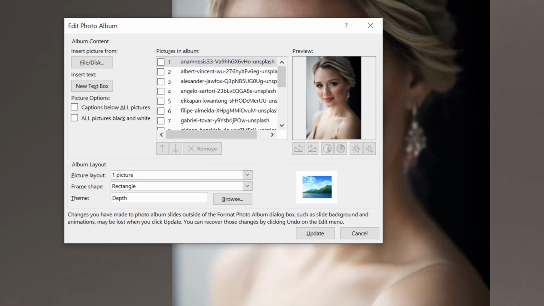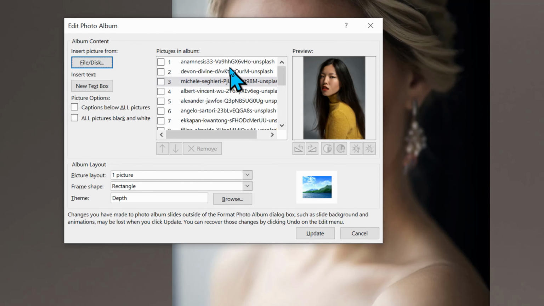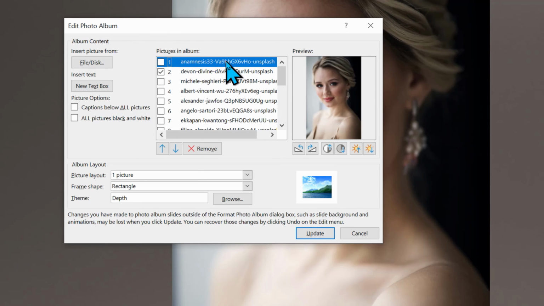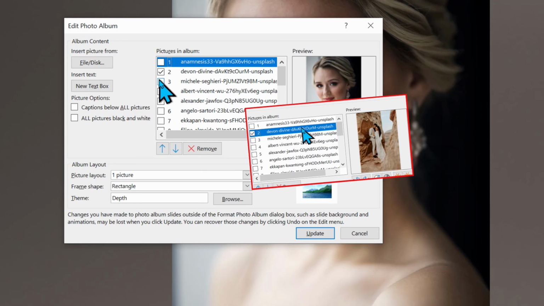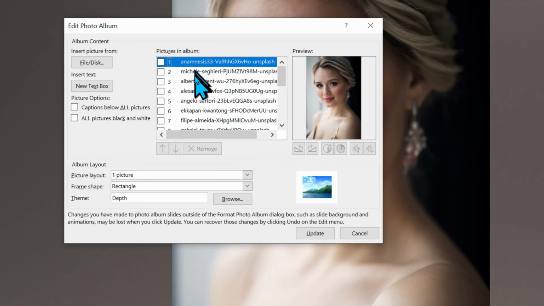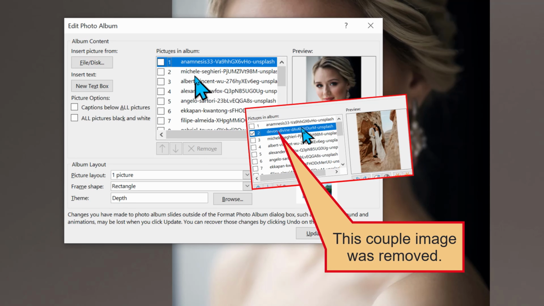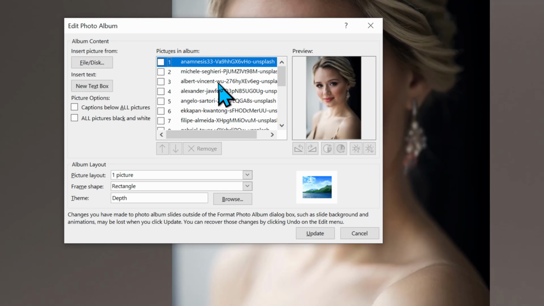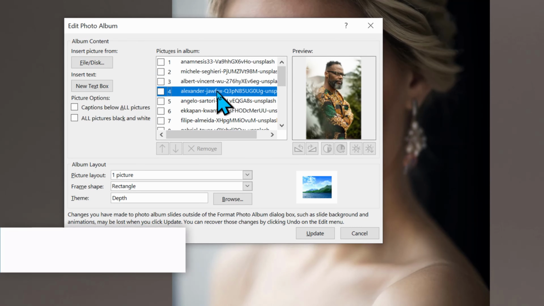To remove photos, you use the Edit Photo Album dialog box. And here is a critical key point. You're changing not the highlighted photo, but the image that has a check mark. See, the blonde woman image is highlighted, but it is the second photo with the check mark. When I click Remove, the blonde highlighted displayed woman does not get removed. Look when I click the top image again, and we see that the removal was the other image. So always make sure the image you want to impact has a check mark next to it.